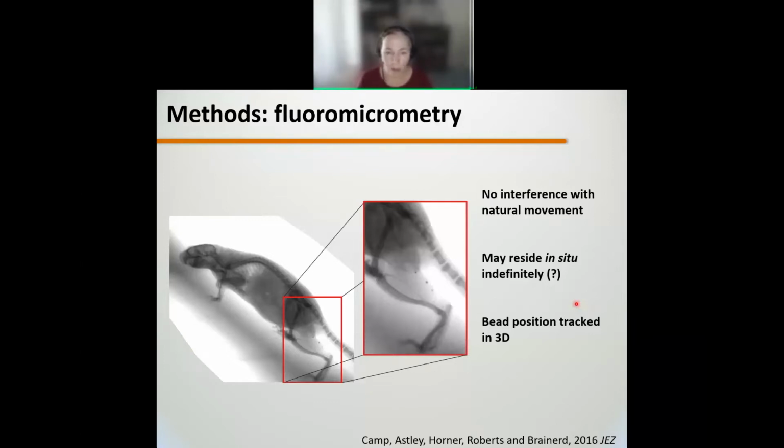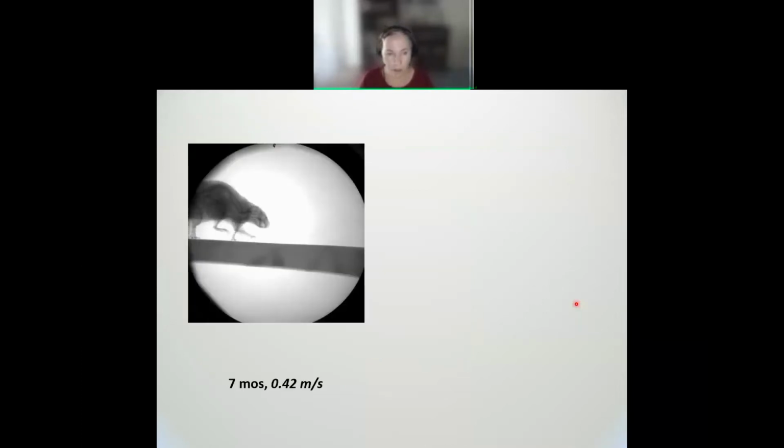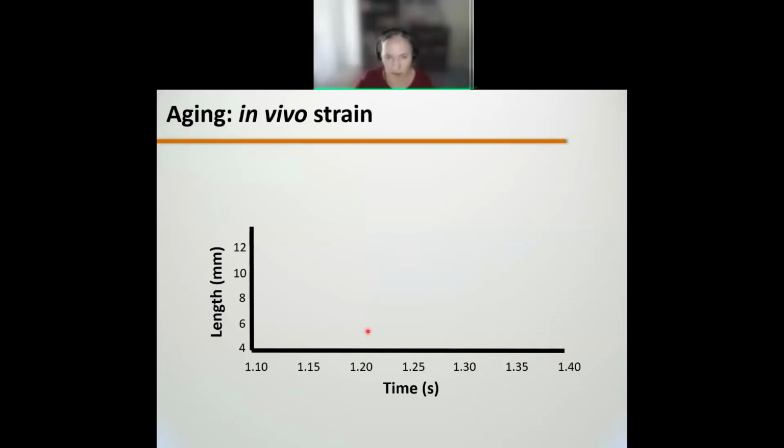But with fluoromicrometry, we're able to put these little tantalum beads that are radio opaque right in the muscle so we can measure muscle strain in vivo and can compare that to in situ properties as well. So here we see a video of a young rat moving nicely across this trackway. You can see the constellation of tantalum beads in its medial gastroc there. And then compare that